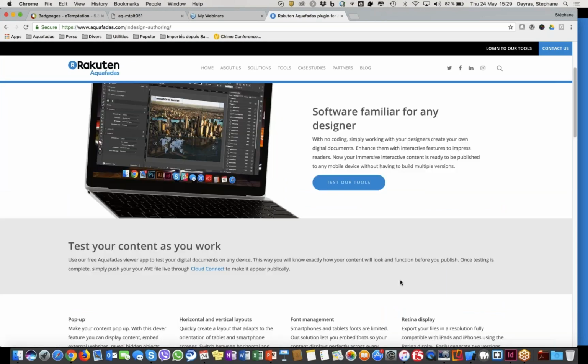And if you test our tool, remember that the plugin is free of charge, so you can start testing your new content with the iOS simulator, or if you're on another platform like Android, you can use our Aquafadas viewer, which is also available for Android. This way you can test your content even without paying any charge to us.